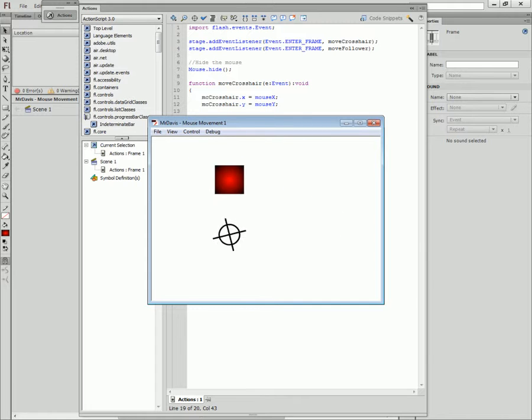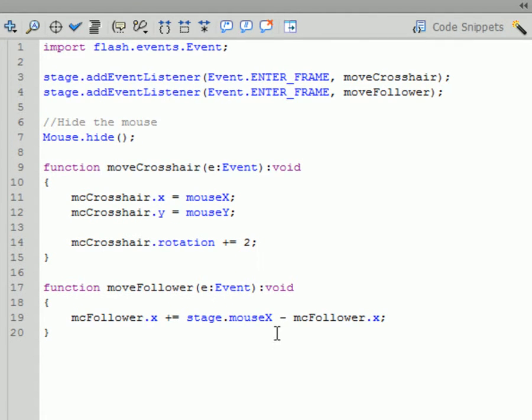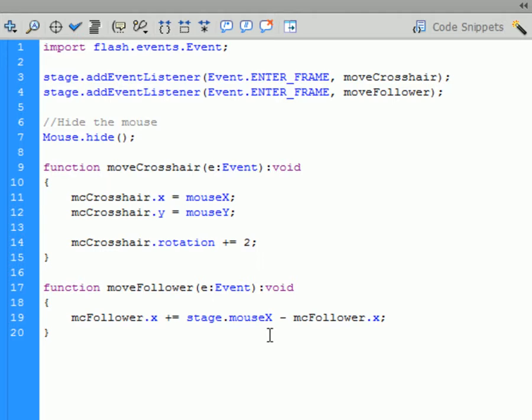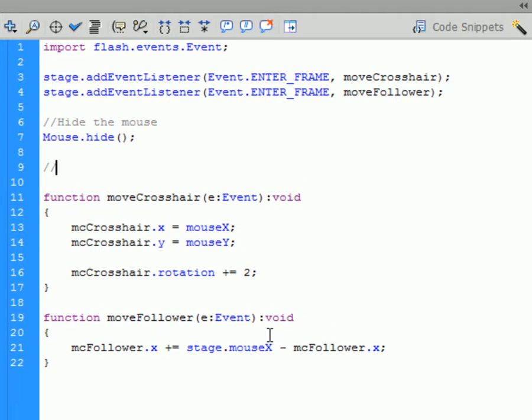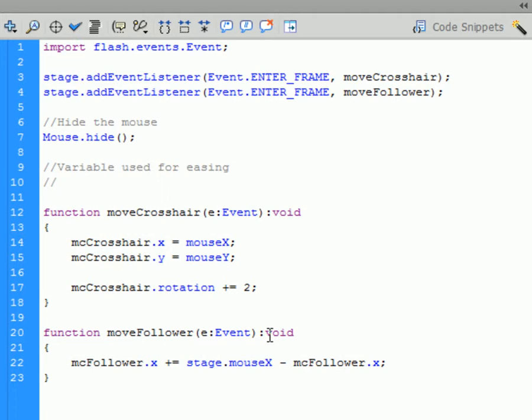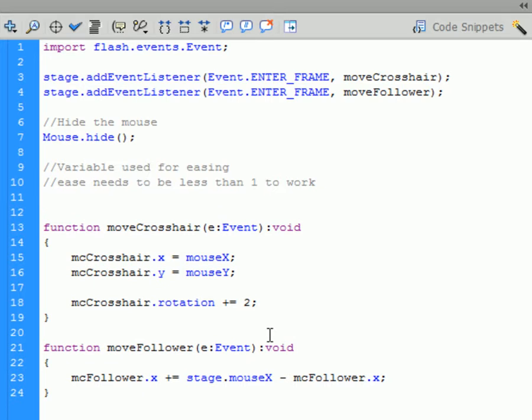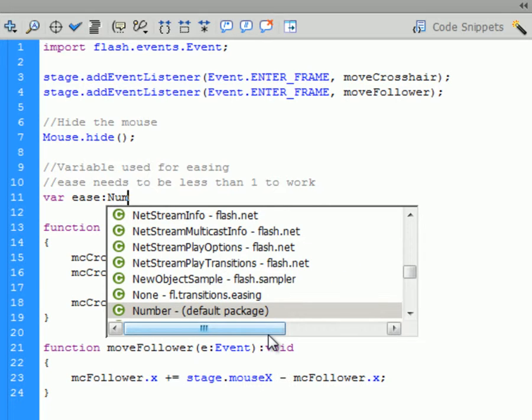So what we can do is instead of taking the full distance and moving our object to the point where it needs to be, we're going to only take a percentage of that. So what we need is a variable, and we can actually create this at the top here. We'll say variable used for easing. Ease needs to be less than 1 to work, right? Because if it's greater than 1, it's not going to be a percentage or a fraction of it. It'll be more, and that'll mess things up. So we're going to make a variable called ease. It'll be a number because we need a decimal for this, and I'll set it equal